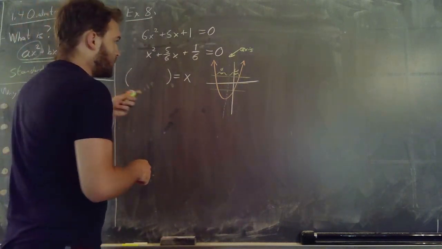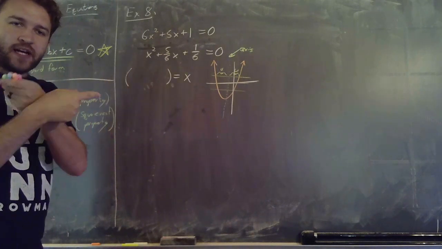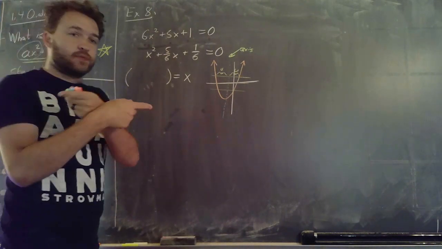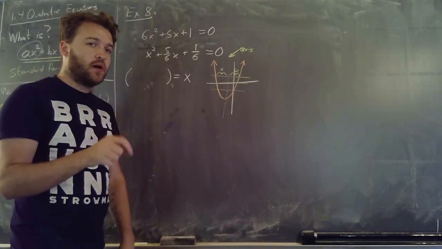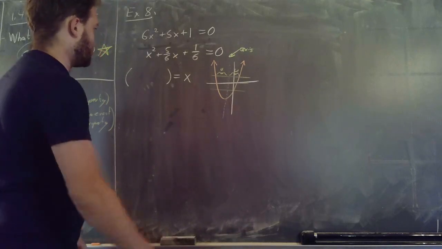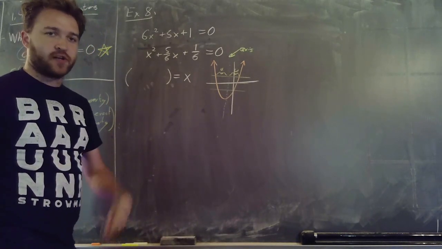So all I need to do is find where the vertex is and then go some kind of special distance to the right and the left. In other words, I'm adding and subtracting the exact same number on the right and on the left to find what the zeros are. So the vertex, which you will learn throughout the semester, and you probably should recall this from geometry and maybe Algebra 2,